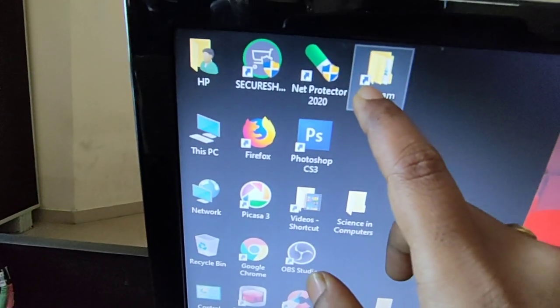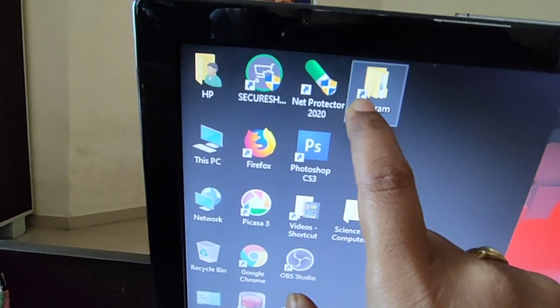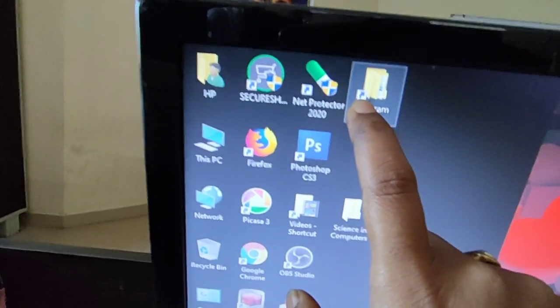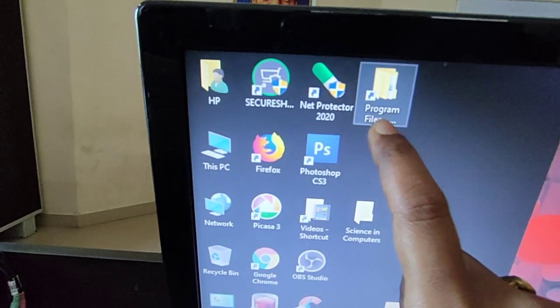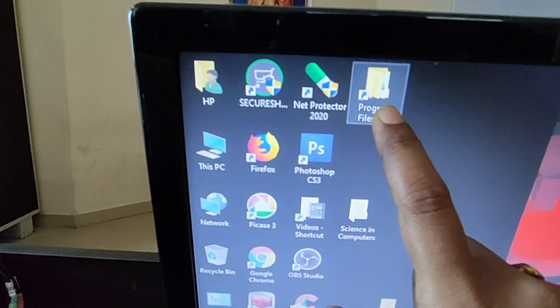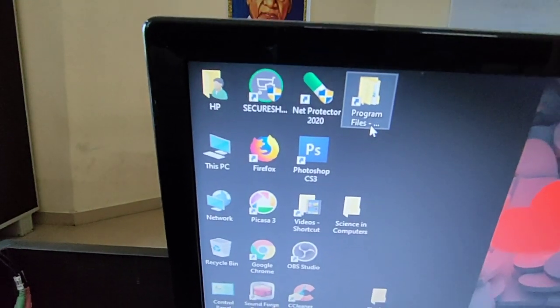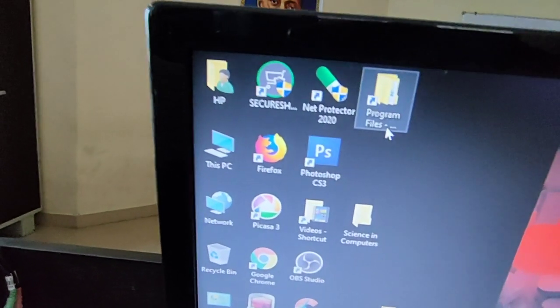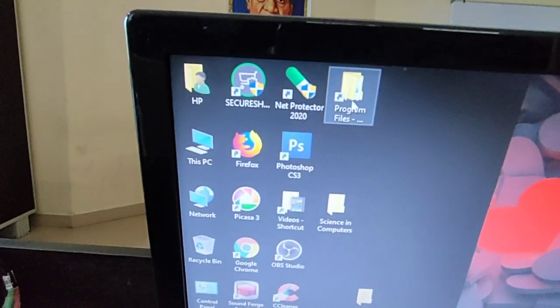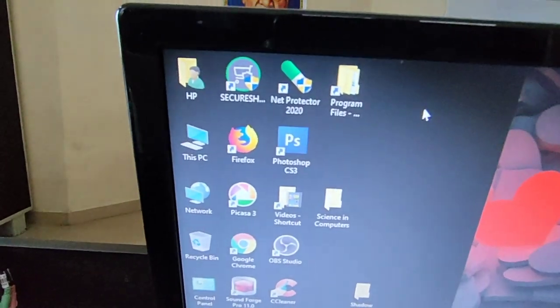Because of this little arrow. Because of this little arrow, you can understand that this is not your actual file, this is your shortcut file on the desktop. If you click on this shortcut program file, you can directly access the program file.